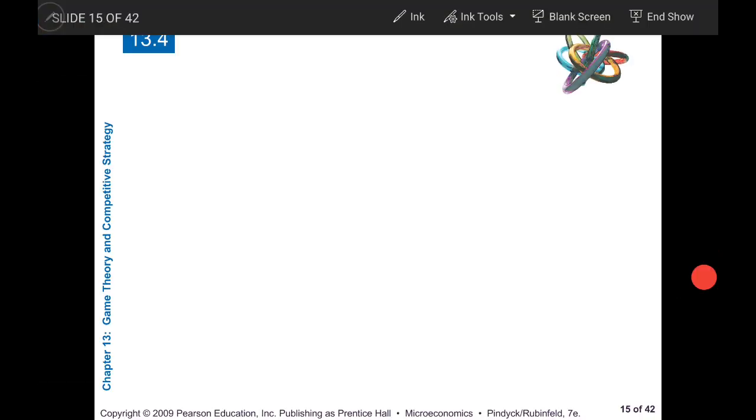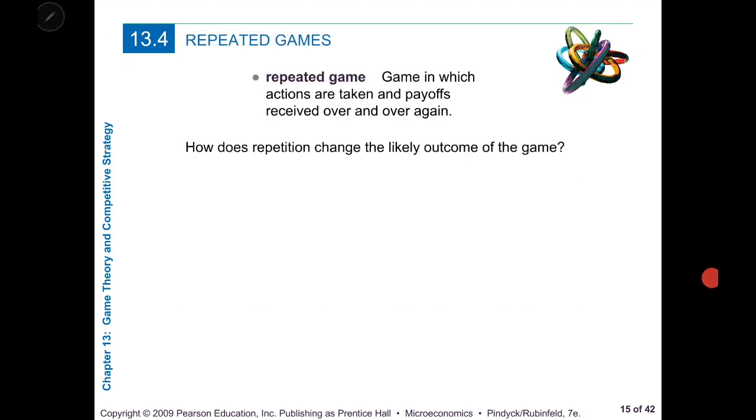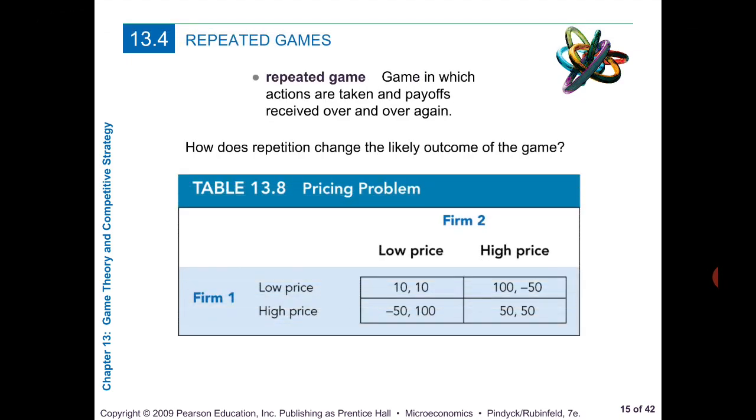Okay, let's go to table 13.8. Repeated games is where actions are taken and payoffs are received over and over again. So it's not like the prisoner's dilemma, which is terminal only once. You decide whether to confess or don't confess, and then you go to jail. But in business, you have repeated games. Every time you make a new decision about investment or about advertising, there will be